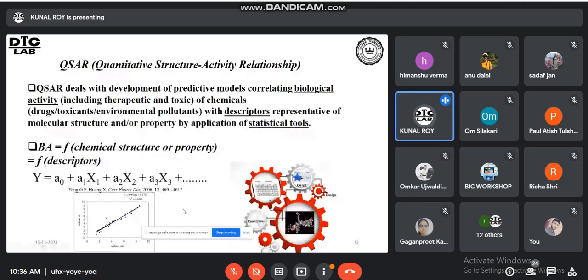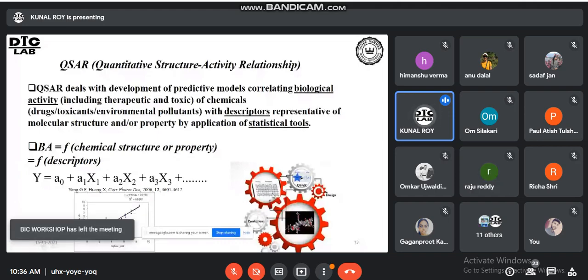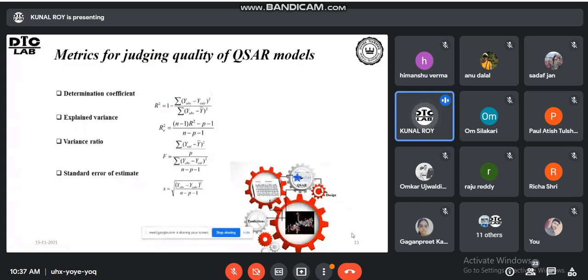So as I've already mentioned, from the QSAR table, we apply different kinds of feature selection techniques. We apply different modeling algorithms to get the equation, and after appropriate validation, we can use it for prediction, and then we can use it for design of new compounds also. But it is important for us to know